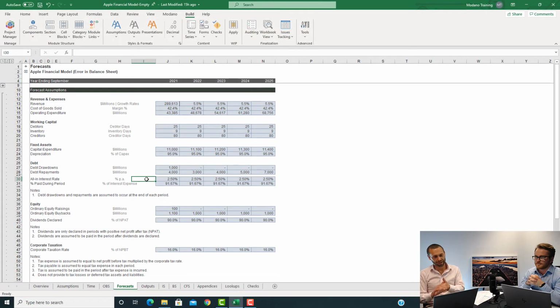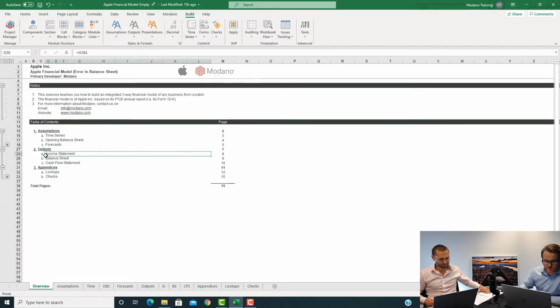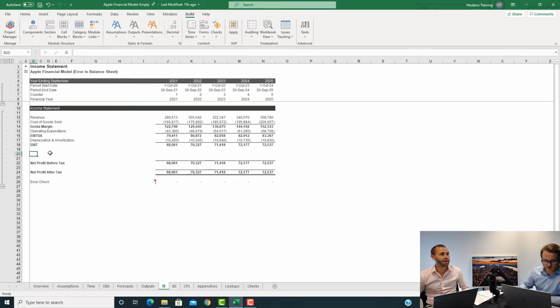So it's pretty tricky stuff because you've got to accommodate that opening balance thing. And that's what we have to do as well with our interest paid. We're going to have to factor that into our formula, which is probably the most complex formula of this course. Okay, so let's go to the income statement and start by adding interest expense. So we're going to go to row 20 on the income statement. And we're putting it right in the middle because we're going to put interest revenue, interest on cash above that, and then we're going to put net interest expense below that when this is done. So let's go to row 20, put interest expense in column B,